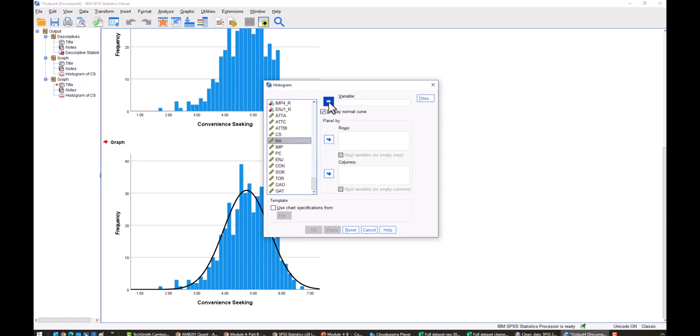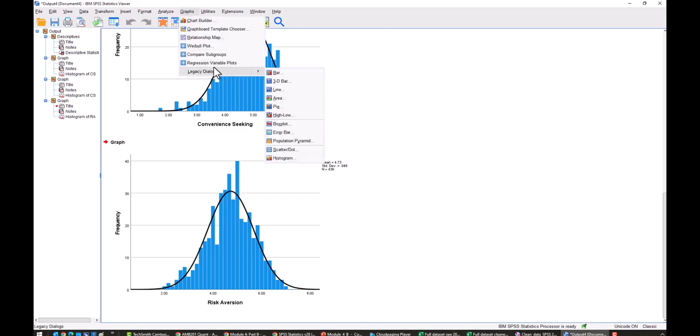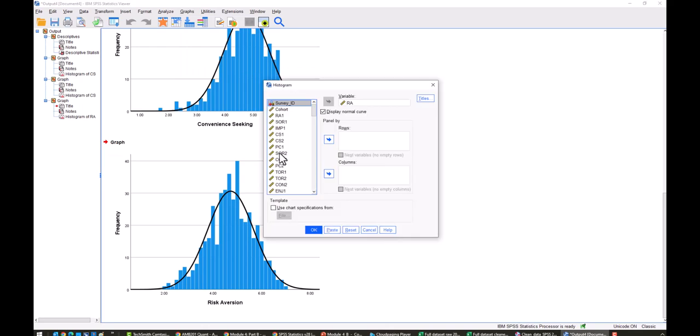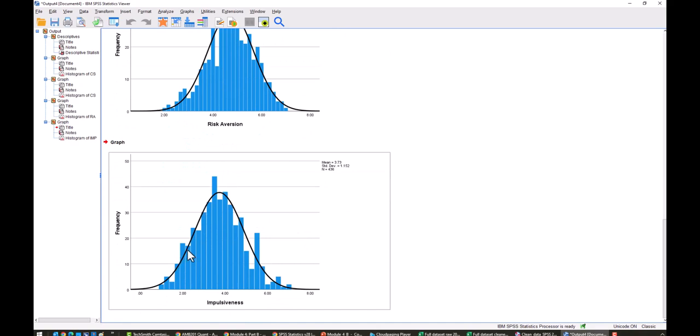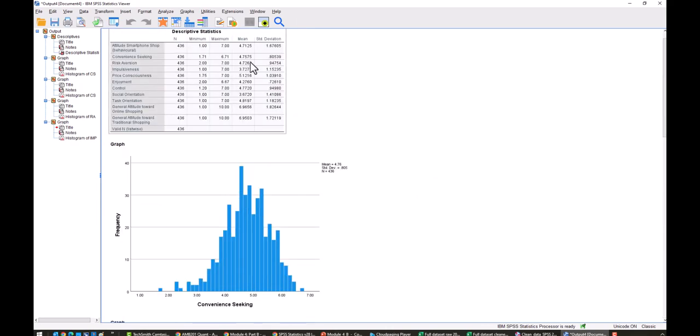If you look at risk aversion, for example, you can see it's also fairly normally distributed. If you look at impulsiveness, for example, you can see it's also fairly normally distributed. So that's quite reassuring to know. So running one of these tables gives us a lot of information very quickly about each of the constructs within our sample. So you can tend to report that information for your reader in a